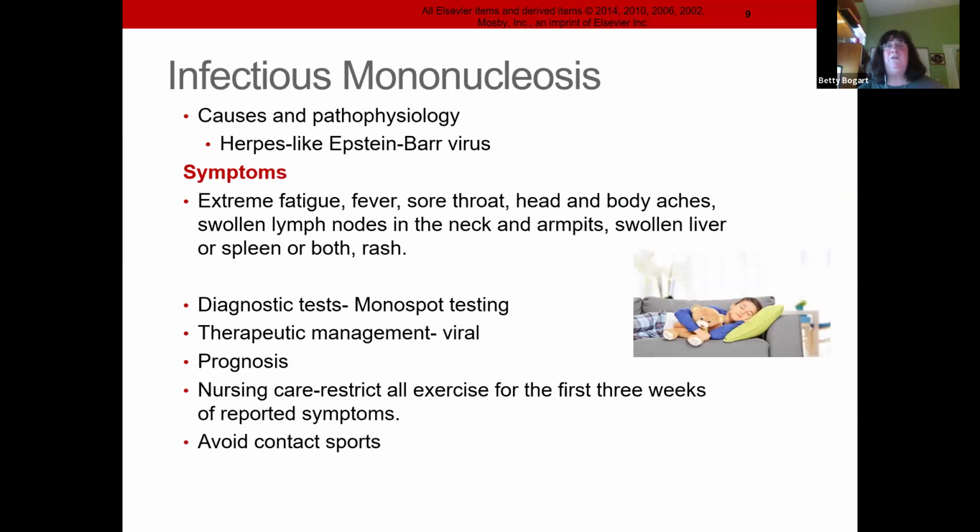Now, infectious mononucleosis is the kissing disease, right? We've all heard of it. It's by sharing sodas and whatnot and straws, and or they kissing, they say. It is a herpes-like Epstein-Barr virus. So again, word virus. If it's a virus, it's not antibiotics that's going to treat this, right? Well, we think, okay, virus, give them Tylenol, give them their ibuprofen, fluids, and rest, and they'll feel better.